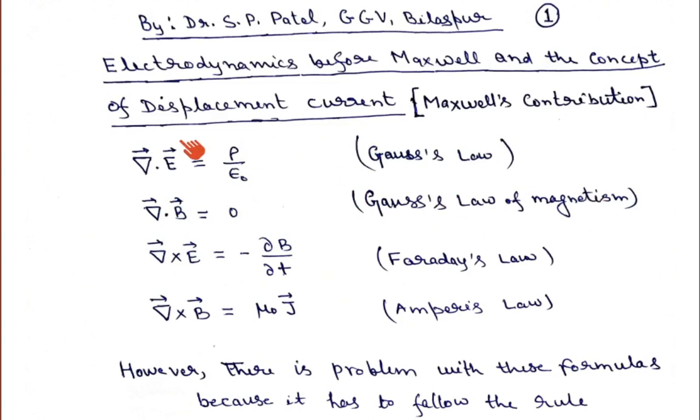The basic difference in the physics behind these two equations is that in electrostatics an electric monopole can exist, because the divergence of E is non-zero. But in magnetostatics, divergence of B is equal to 0, which means a magnetic monopole can never exist, and this is what Gauss's law of magnetism tells us.